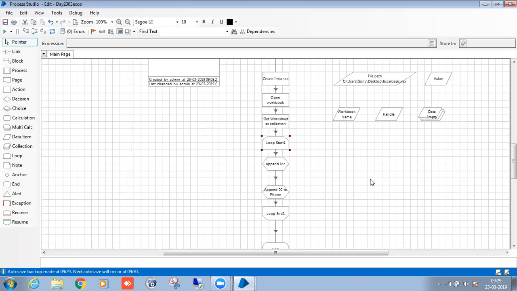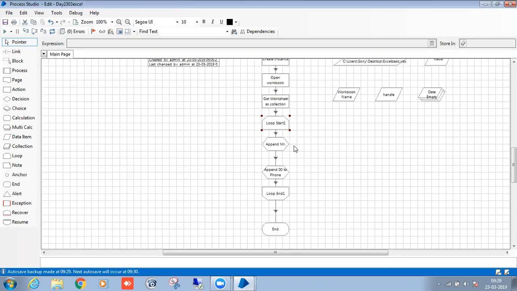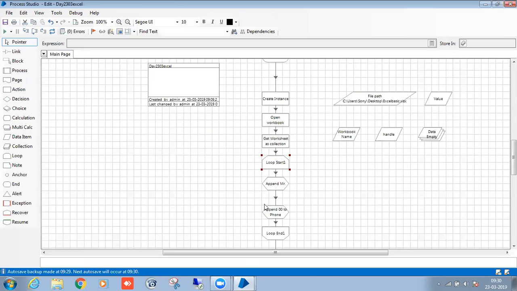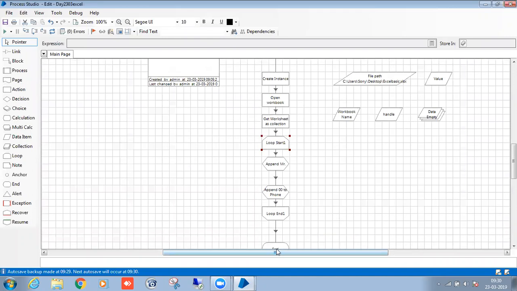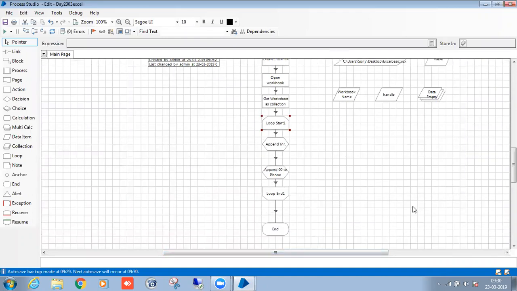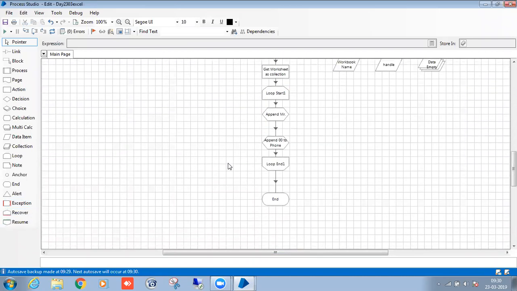So we have the exception handling concept. If any exception happens, the process will come outside. There is a separate concept for that, which is why I'm not taking any exception items. This is called the positive path, so I'm assuming that no exception will come. If any exception comes, a pop-up will appear, but in real time that pop-up should not happen. So we should handle it by taking the recover and resume stages. Tomorrow I will start with exception handling. Today we'll see one more use case.